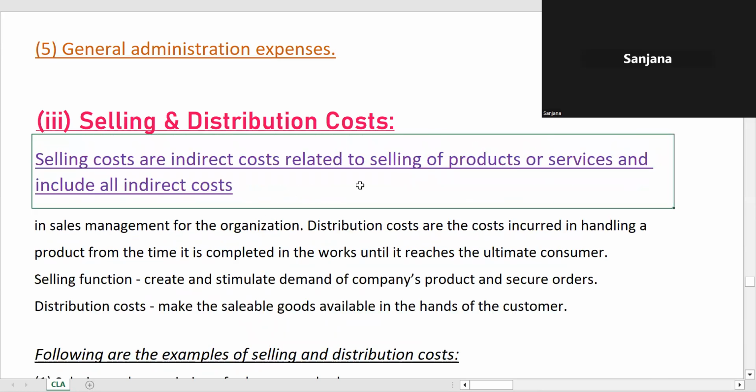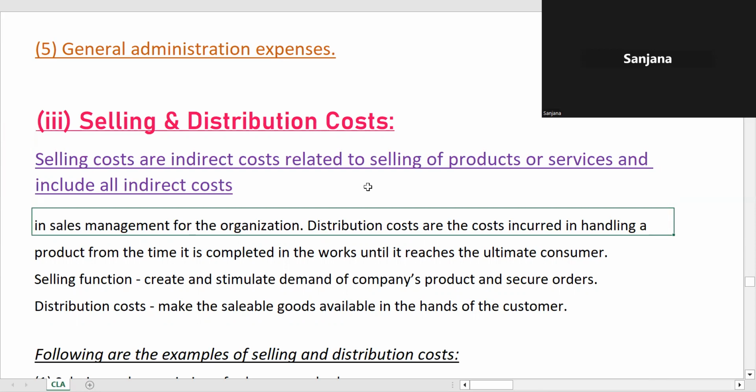Selling costs are again indirect costs. Most of the selling cost, like advertisement, is not incurred for one product. If you can find any selling cost that is just for one product, it can become direct, but it doesn't happen like that. These are like office expenses, incurred in general for the company. When you give an advertisement, it will be for all the products of the company. So normally speaking, these are indirect costs,